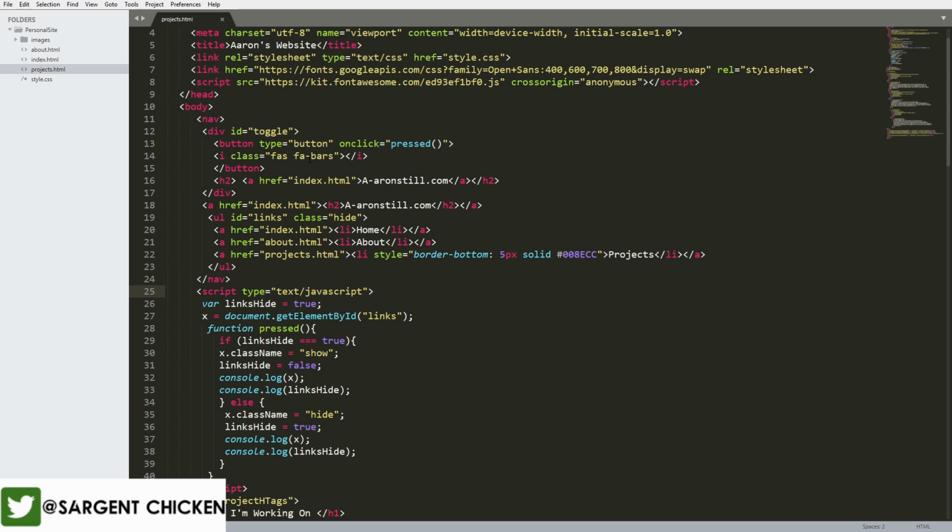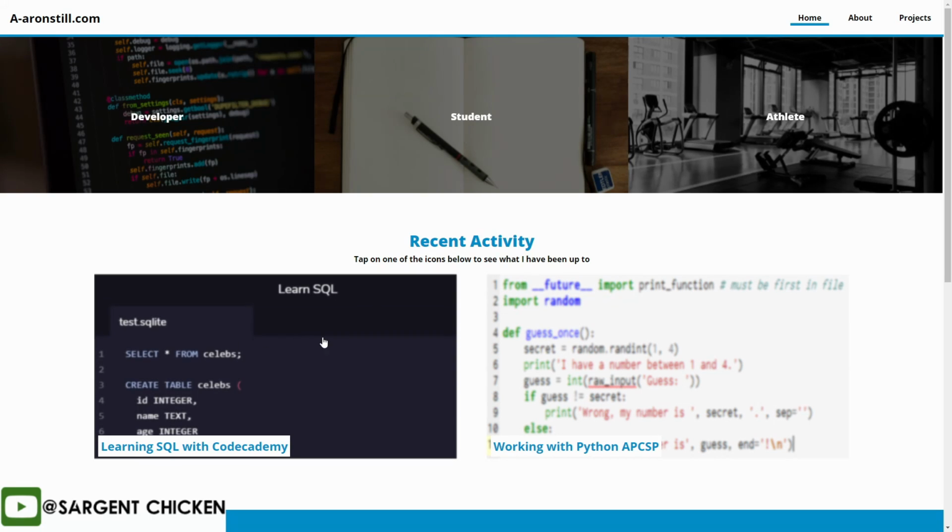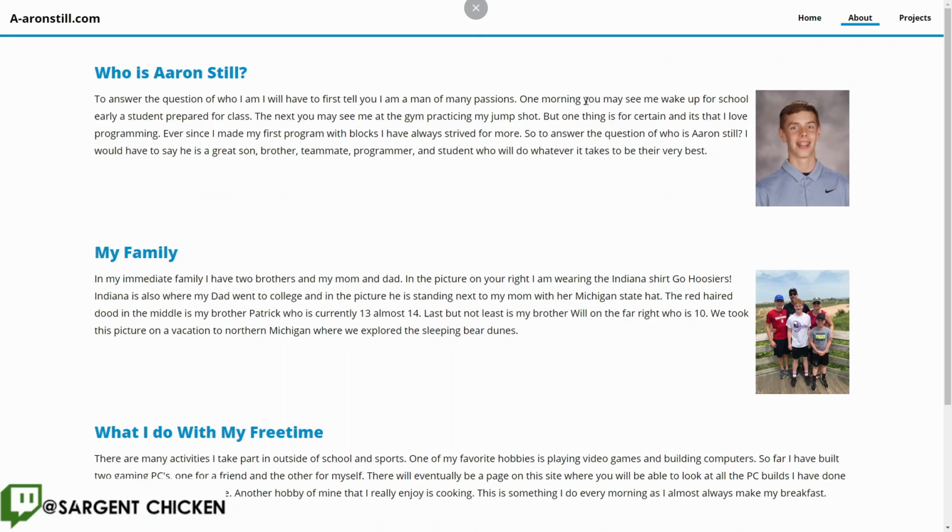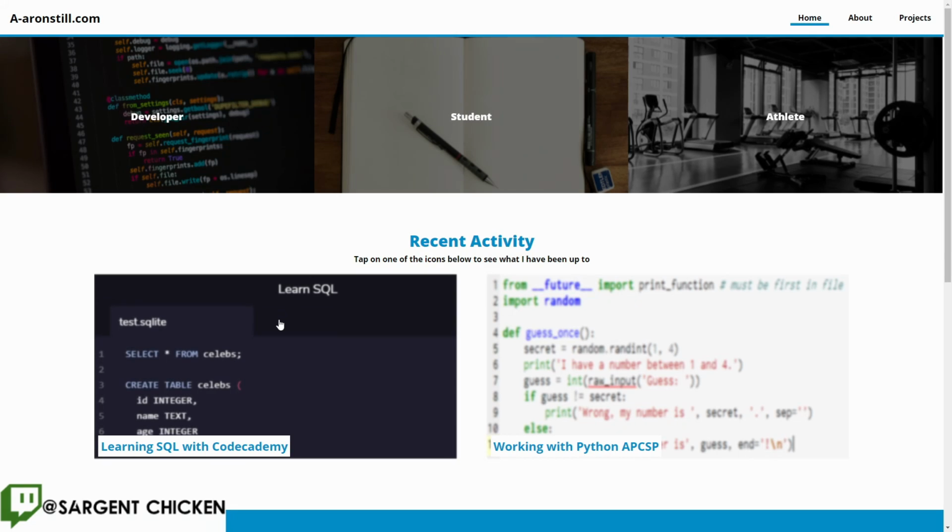So we need to get these links working. Now, what I want to do for these pages, I think, is just make them their own HTML file, so their own page. Like this about page, they'll have their own entire page that's just, I guess, a little blog post